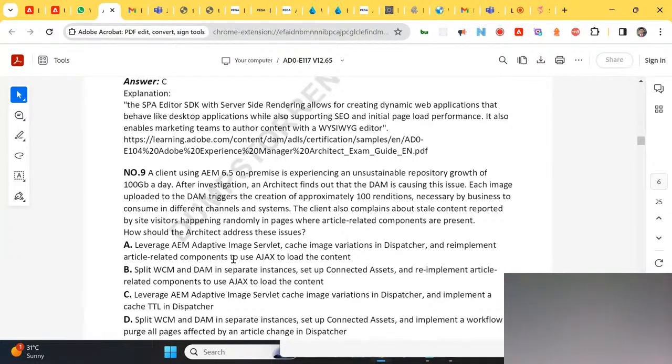Directly we are calling at that time, not actually getting the static HTMLs. Okay, so as per the answers, it is most likely A. The reason is the adaptive image servlet will help and all. And if anyone has any questions on this, we can discuss.